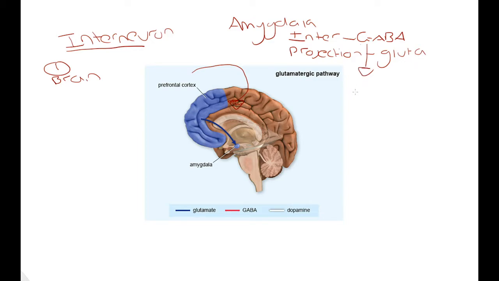So the GABAergic interneurons inhibit the glutamatergic projection neurons. If these GABAergic interneurons are under control, they're going to regulate the glutamatergic projection neurons from being sent. This modulation will decrease the activity of the glutamatergic projection neurons being sent out from the amygdala. So this excitatory pathway in the prefrontal cortex that sends to the amygdala, in schizophrenia spectrum disorders, it's